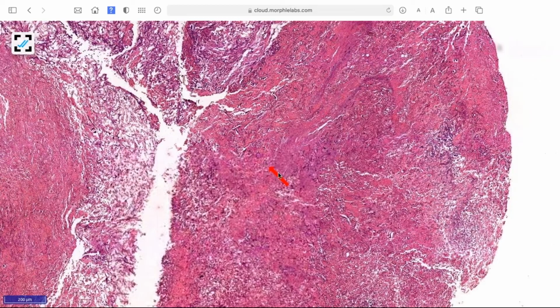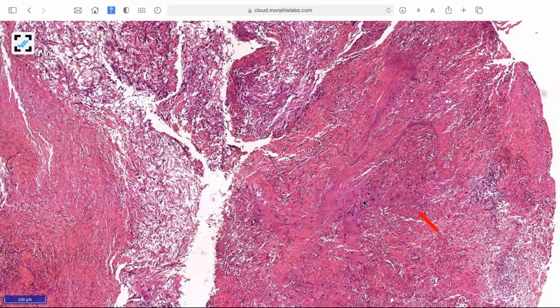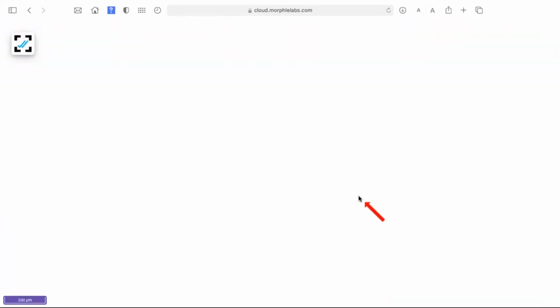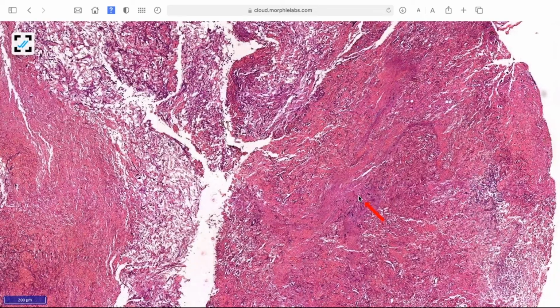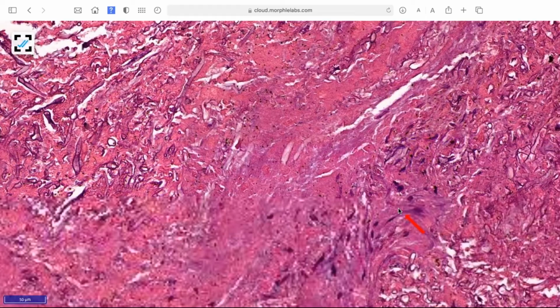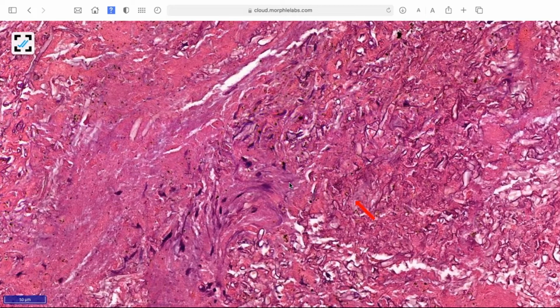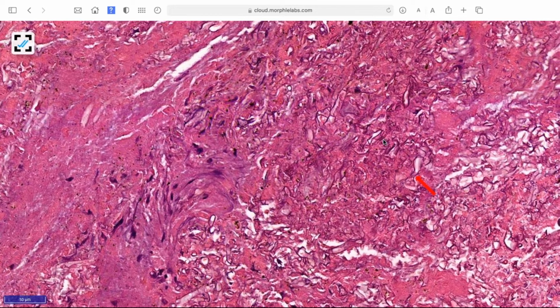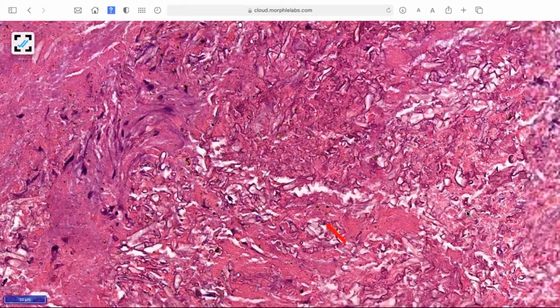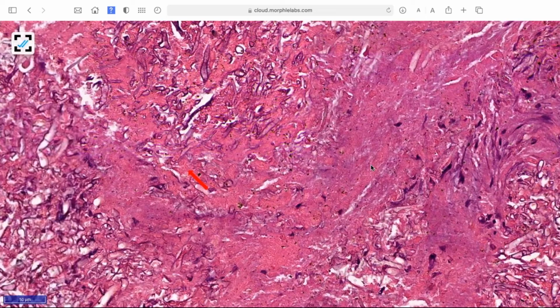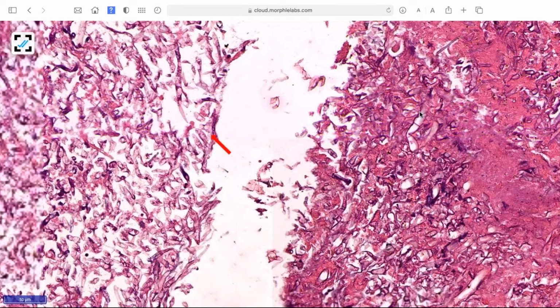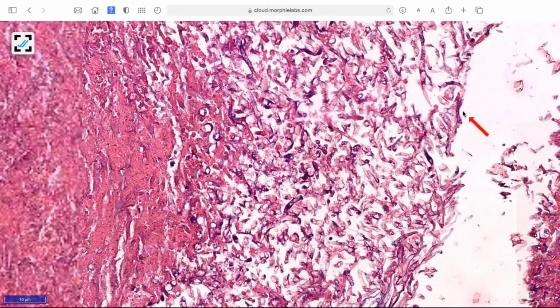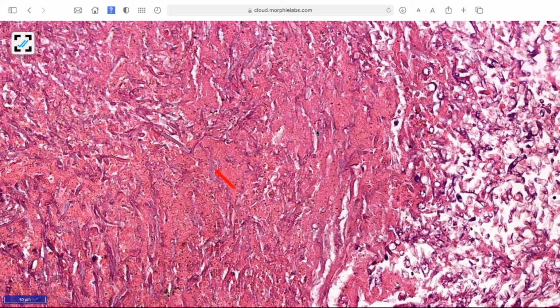So as I told you, it is predominantly fibrinopurulent debris. And when you go to the high power, you can see spaces, ribbon-like spaces. When you see these ribbon-like spaces, you have to be cautious. Now this has become very famous, black fungus. Okay, so this is nothing but mucor infection, and it's extensive mucor infection.